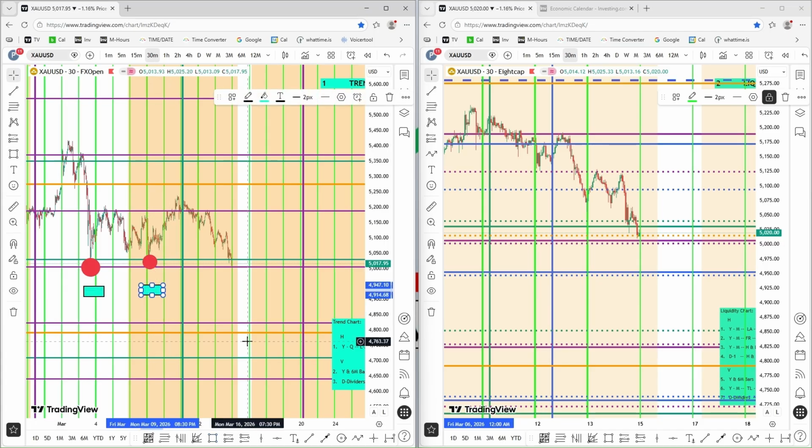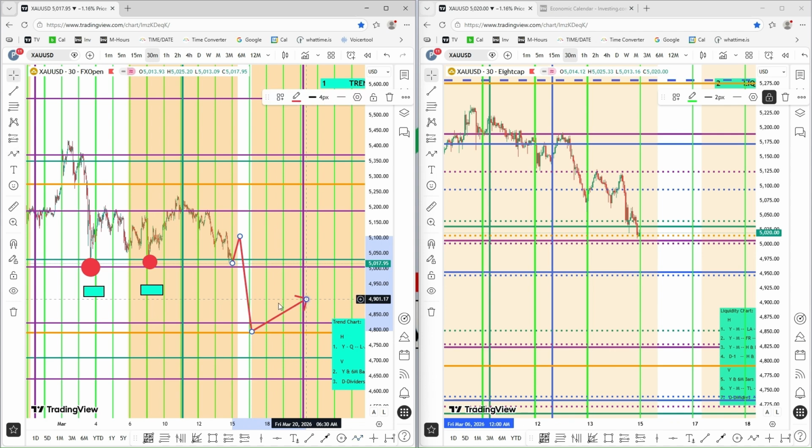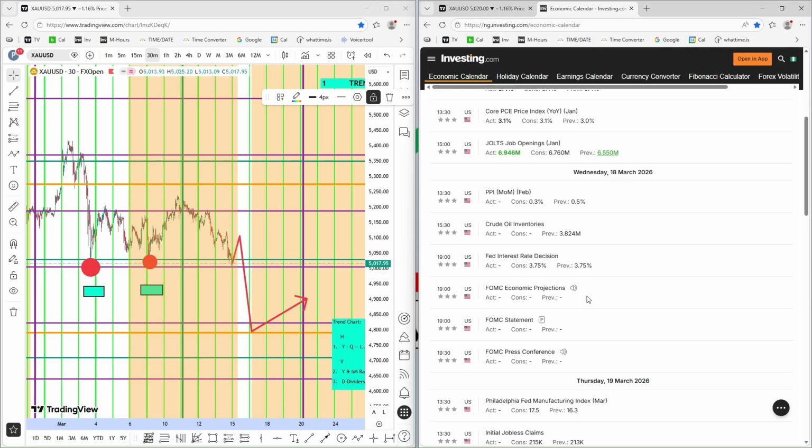Good. Now, what happens to these huge stop losses that are here? Price wants them. Price wants to lick them up. So this price that we see here will sweep them up into this. Now, why do we believe that will happen? First of all, a new trend will begin, and then we have a timeline here. This liquidity will not sustain an upward push. The news that we have said that